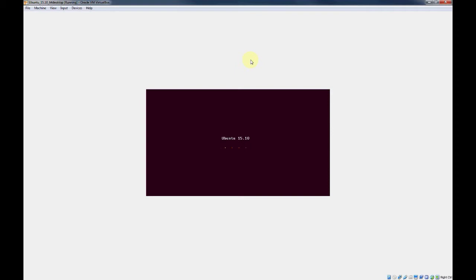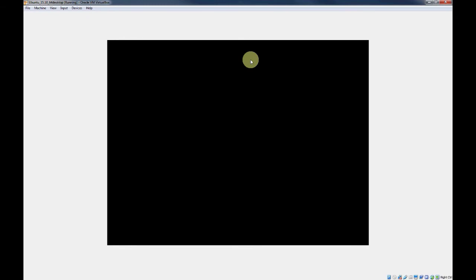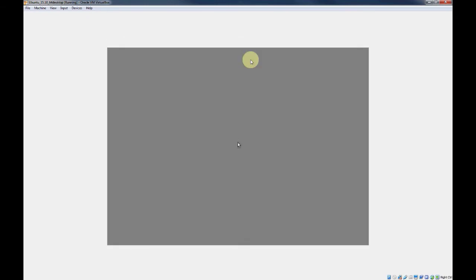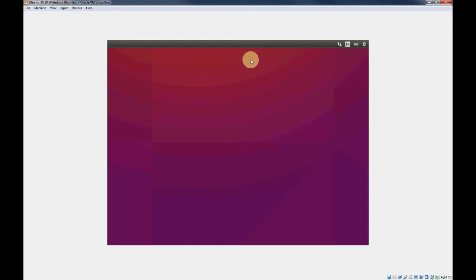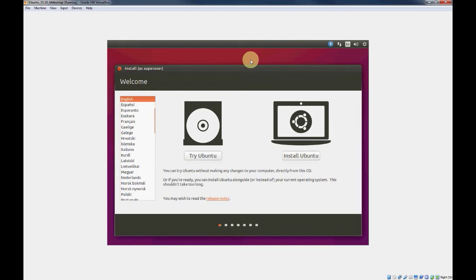So while it's installing, we'll have to deal with a smaller window into the screen for the installation of the operating system. So just give it a minute to boot up into the main screen, and you'll have an option to pick your language here. And you'll have two options. You can try Ubuntu or you can install Ubuntu. If you just wanted to mess around a little bit with Linux without having anything persistent, you could just click the try button and it would boot directly into the operating system. But we'll demonstrate installation. So click the Install Ubuntu button,